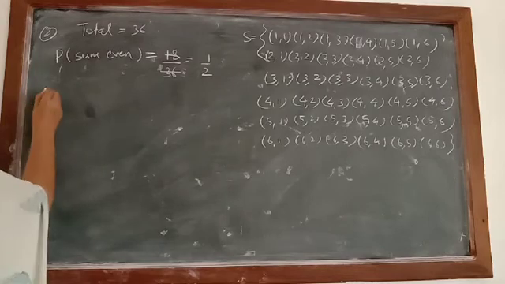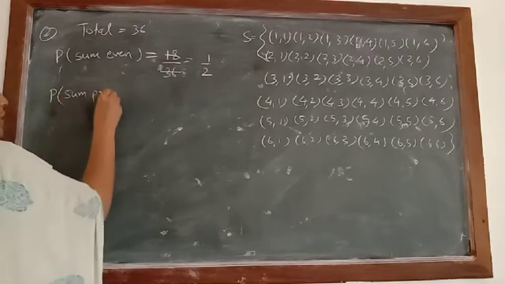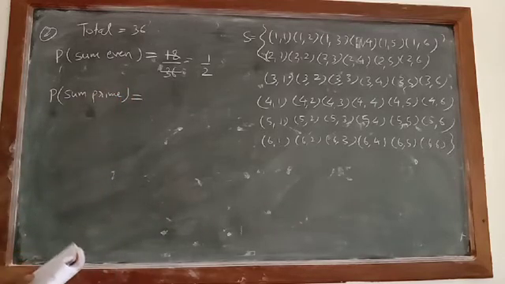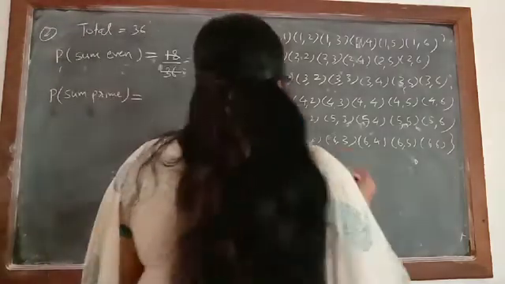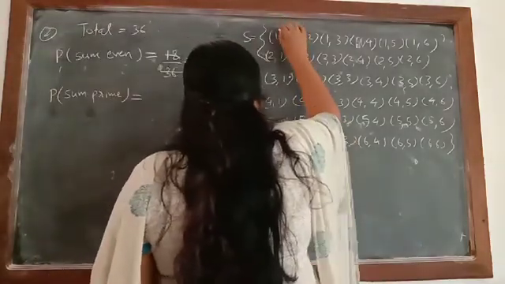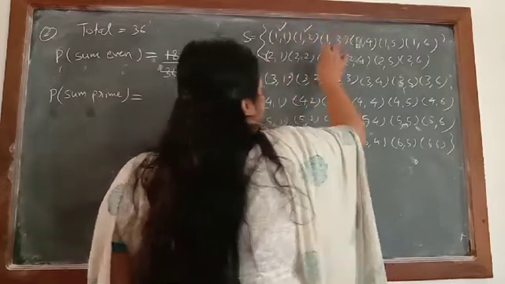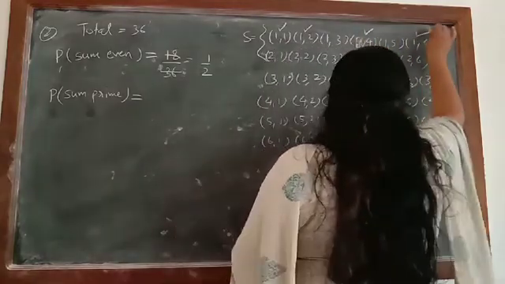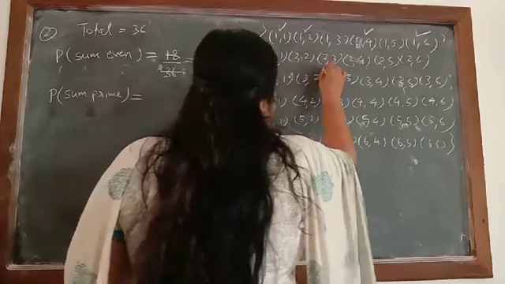Then the second case is written, sum is a prime number. Probability of getting the sum as a prime number. So now we have to check in how many cases we are getting the sum as a prime number. We can make a tick. 1 1 will come because 1 plus 1 is equal to 2. Then 1 2, 1 3 will not come, 1 5 possible. Then 1 6. Then 2 1, 2 2 will not come, 2 3.